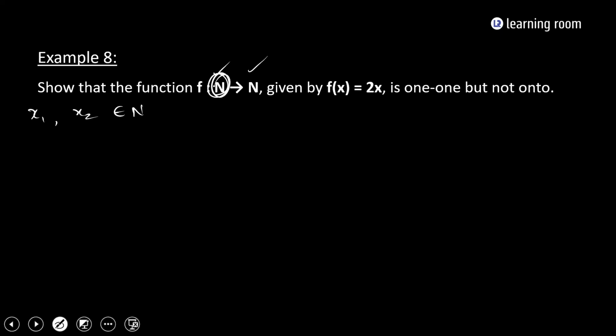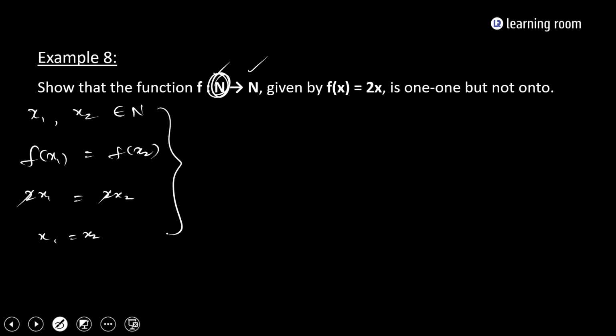Domain X. Yes. So I'm going to consider f of x1 and equate it to f of x2. That is 2x1 is equal to 2x2. The 2s are getting cancelled. So x1 is equal to x2. So it is a one-to-one function. Okay. Now,